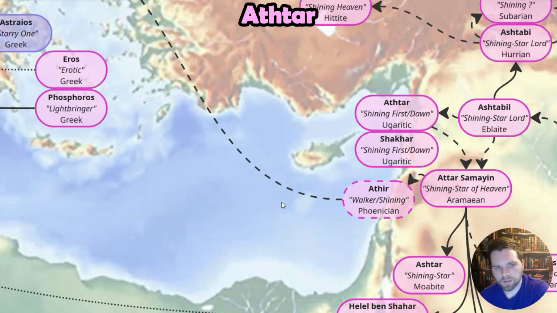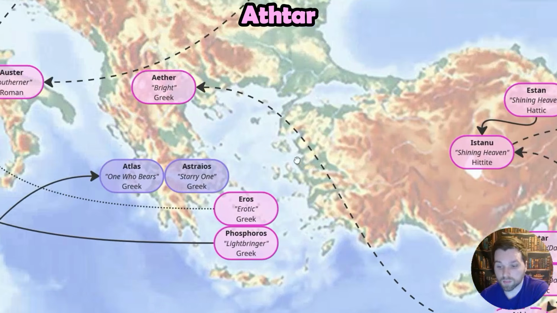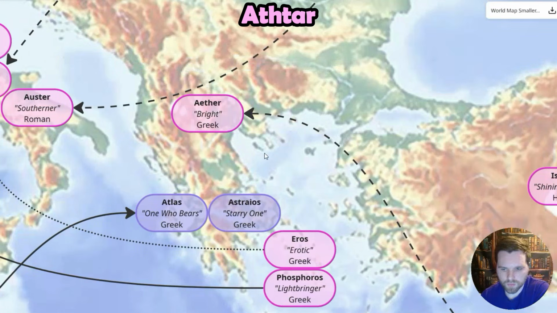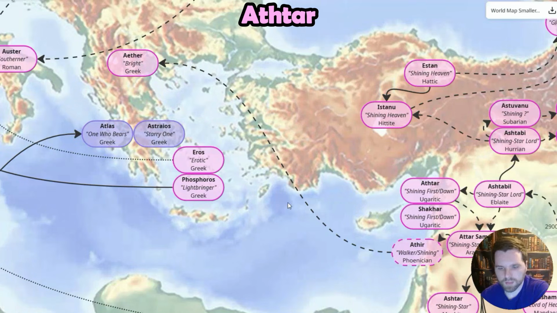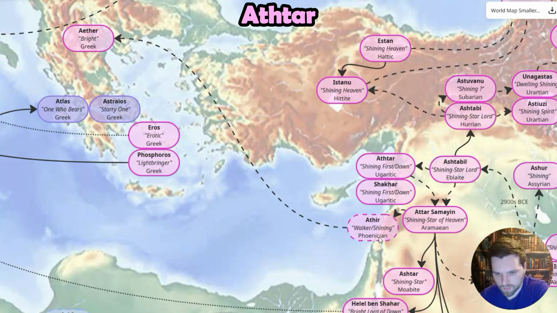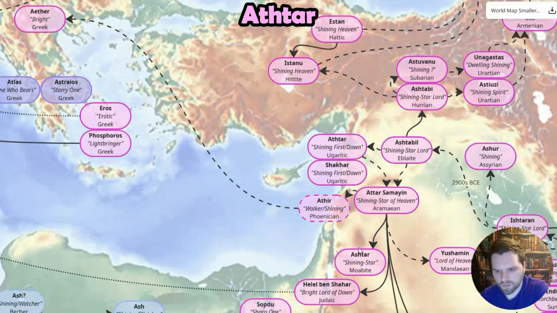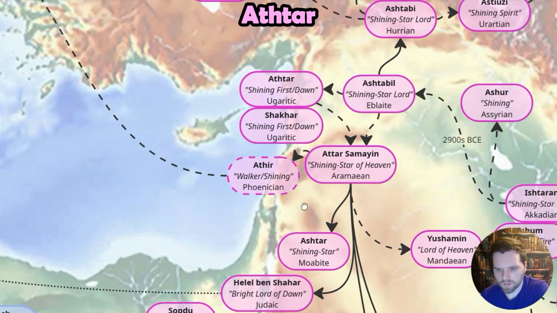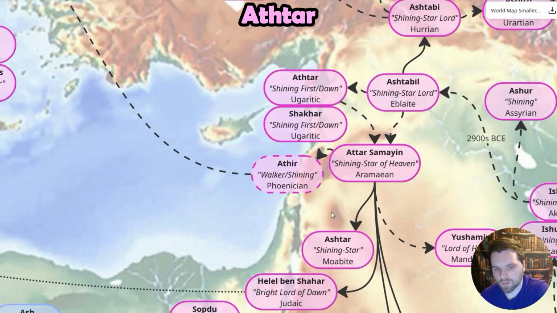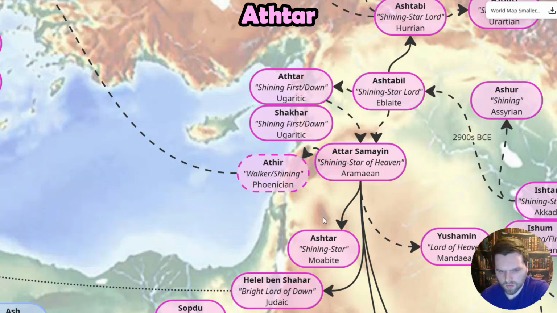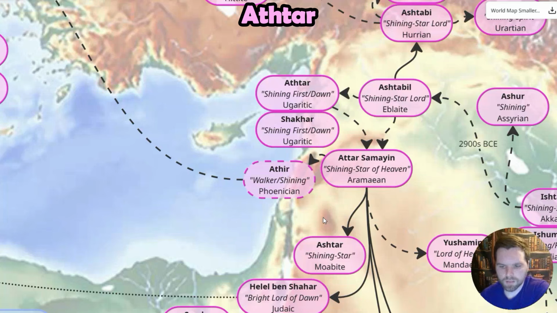if it was indeed a Phoenician deity. And I used to have the kind of assumption, and maybe it's wrong, that Aether, the Greek Aether, which is a very old sky god, or the first god basically, whose name means light, it means bright, is the same as Athir, Ashir means shining. When you look up the definition, it'll say walker, but I think this is kind of a folk etymology having to do with Asherah or Atharat walking the beach. There's a lot of Asherah, Atharat that is a basis of Aphrodite, being a beach-bound dawn goddess.